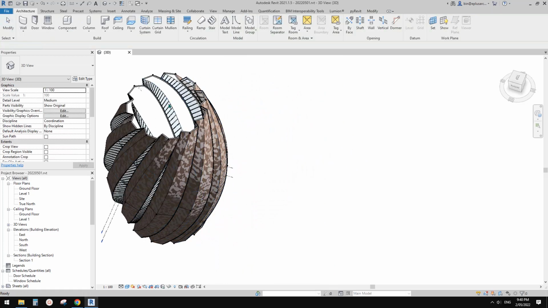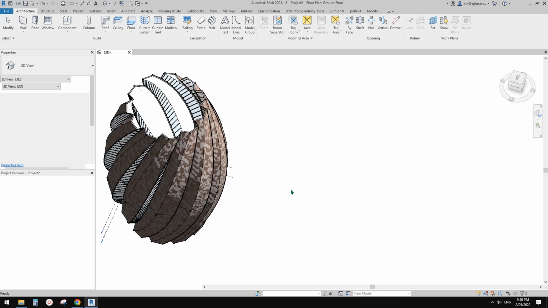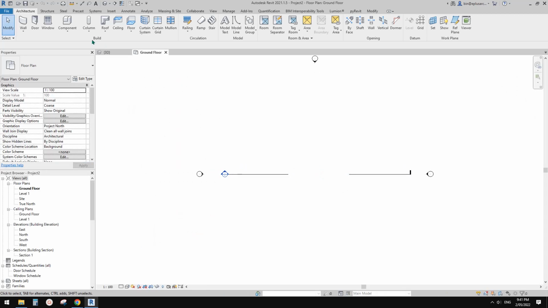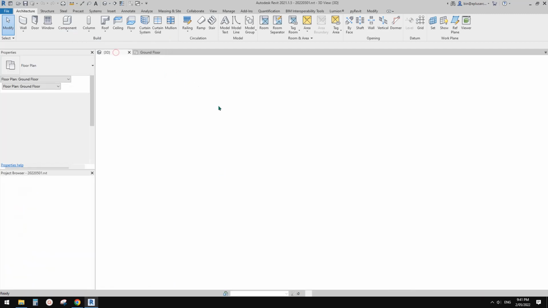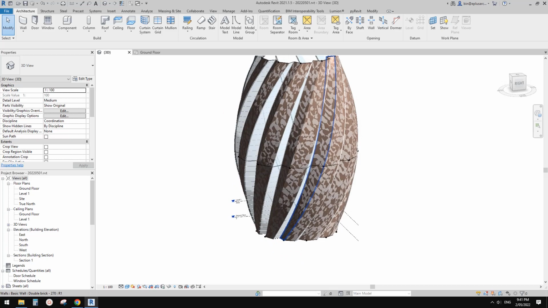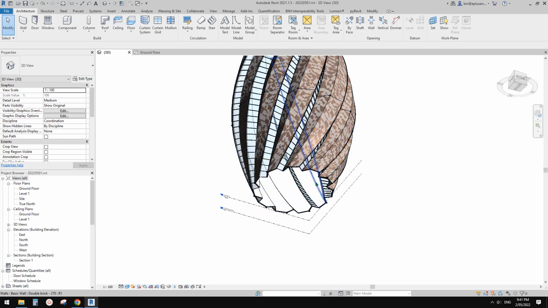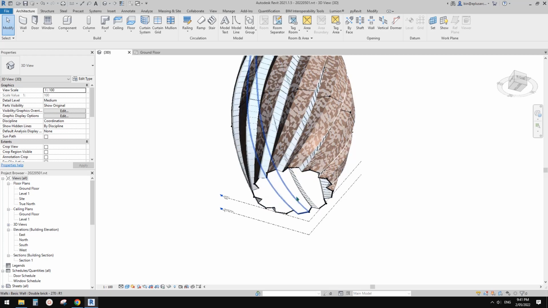Okay, so let's create a new project. New project, and we're going to use model in place mass. Okay, so first, the idea is, it's like a circle. So it's basically a circle, and we're going to use